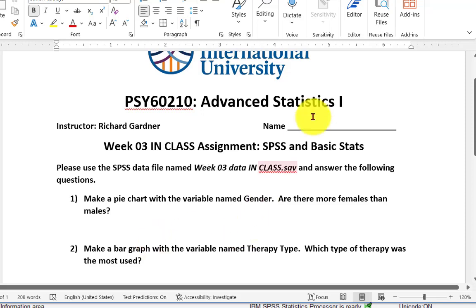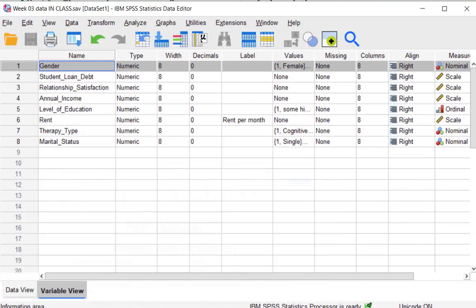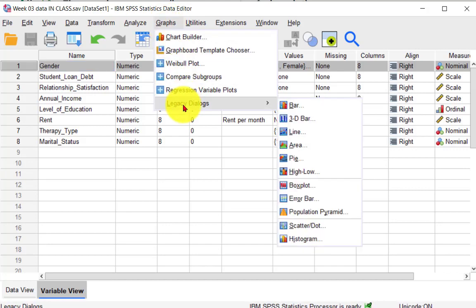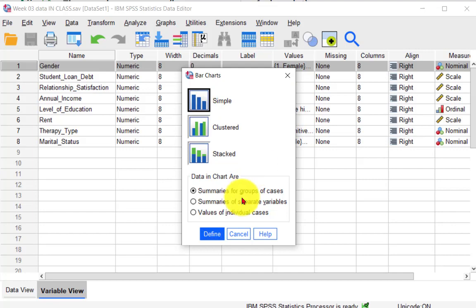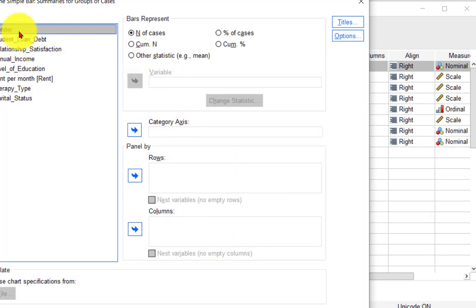Bar graph therapy type. Which one was the most popular? Bar graph therapy type. Same thing. I'm just going to go to Graphs, Legacy this time. Going to go to, where's my bar? I know I'm looking right there. Bar. Boom. Simple. Stay away from the clustered, you guys. We're just doing simple stuff, easy to read. And what was it? Therapy types. That's going to be my